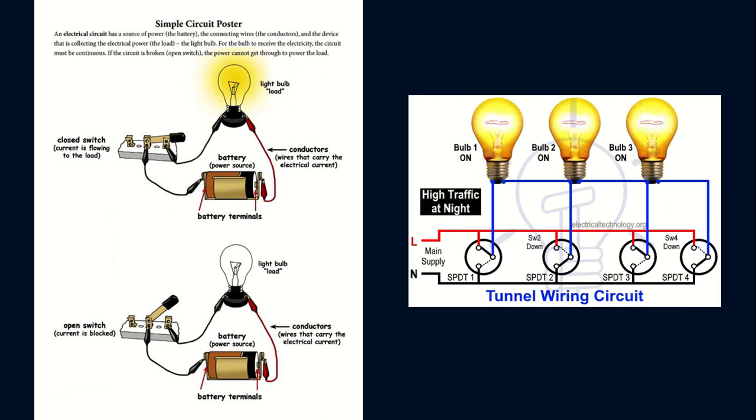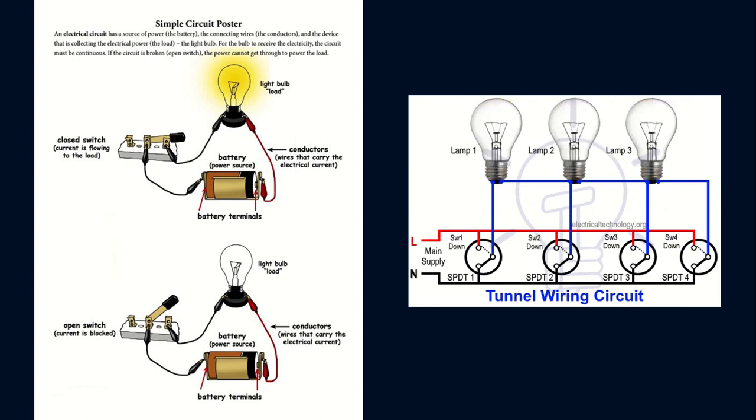This means that if we have several light bulbs, as you can see in the second diagram, connected to a battery in parallel, the voltage across each light bulb is equal to the voltage that is produced by the battery. If the battery is connected in parallel, then the voltage across each bulb is equal to the voltage produced by the battery.